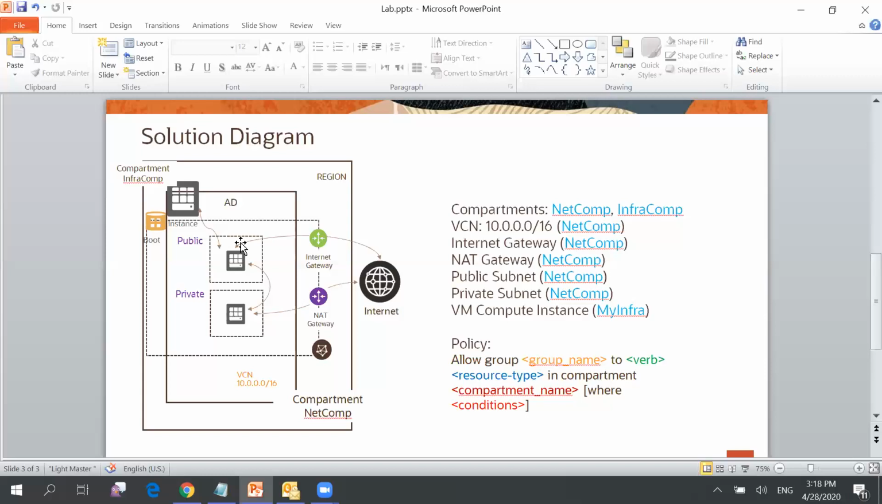This instance I will create in the public subnet because we want to connect to it. We will see how we can apply policies, and then we will review the cost for all of this, because